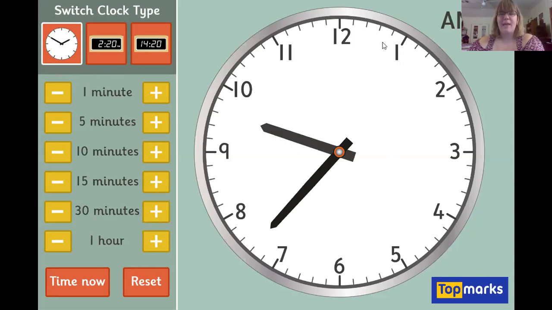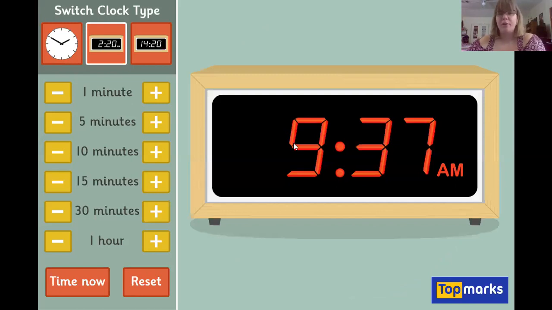They have minute and hour hands, and you have to learn how to read this type of clock a little bit different than you would our digital clock. So sometimes if you maybe have an alarm clock at home in your bedroom or your parents', you'll see what's called a digital clock. So these just give us the time. They tell us it's 9:37 a.m. So when we're reading these,